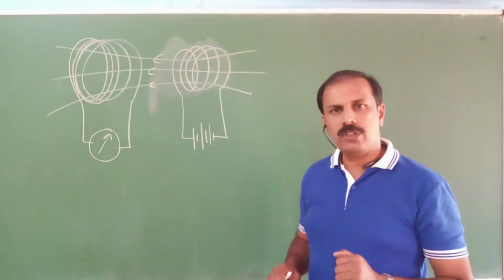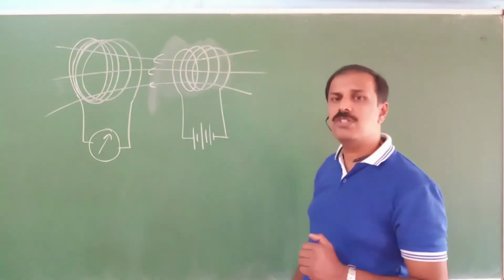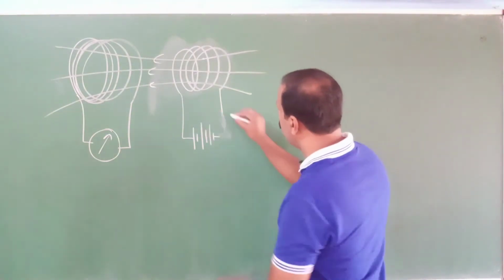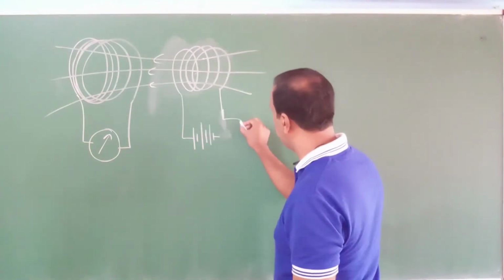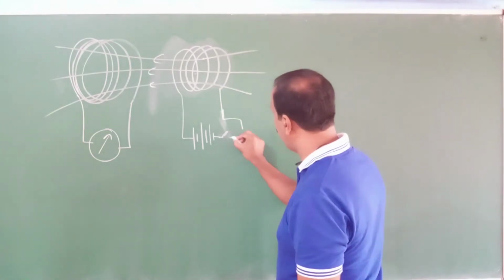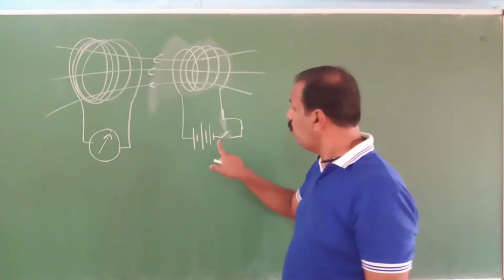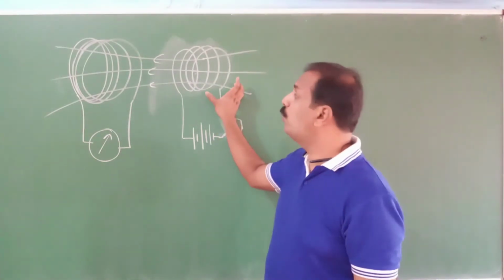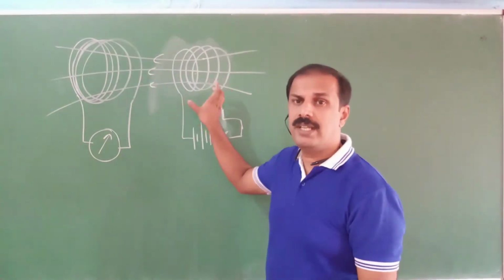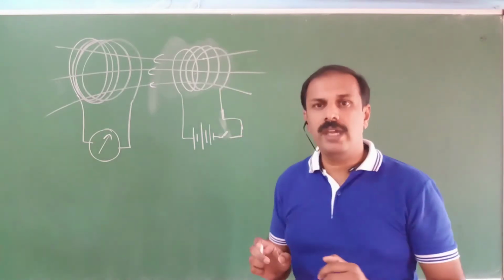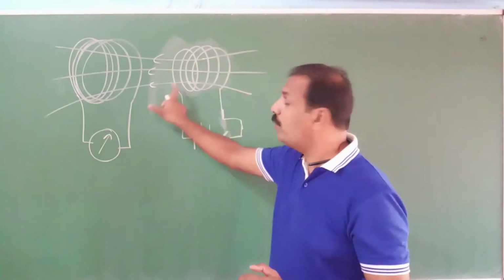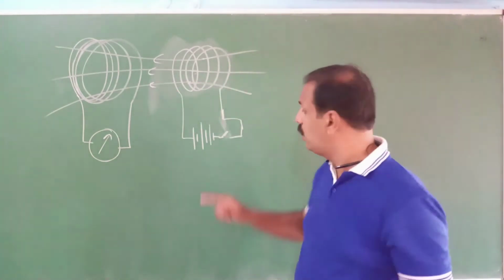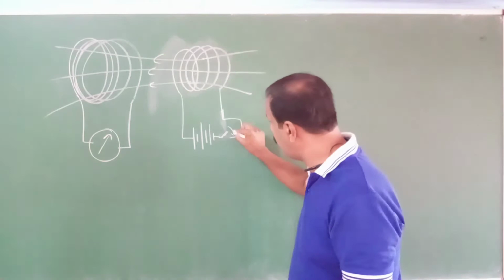In the third part of the experiment, they conducted something similar to this one, but they added a key here. A tap key they added here. Now the difference in the experiment is, previously they were moving this one to that side and this side. Now in the third case, they did not move it. They were just switching off or tapping the key.